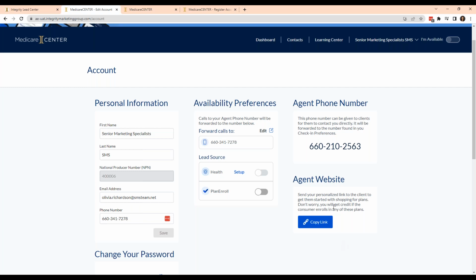If you have a website, a Facebook page, or any online presence, and you're emailing your clients, they can create their own profiles, update their own medications, update the providers they take, and shop and enroll themselves into Medicare Advantage plans. And if they enroll themselves into a Medicare Advantage plan or PDP plan using this link, then you get full credit as the agent and they're considered agent of record. There's also another cool thing: when you copy this link for the first time, it'll say successfully copied to clipboard. What's really cool is that when you do that one time, you will be able to be found on